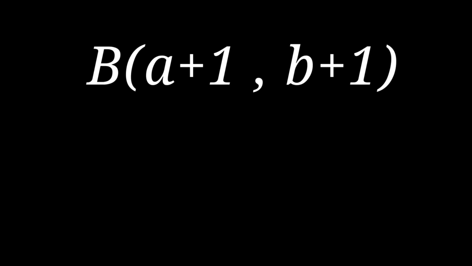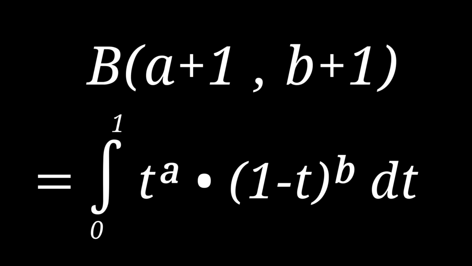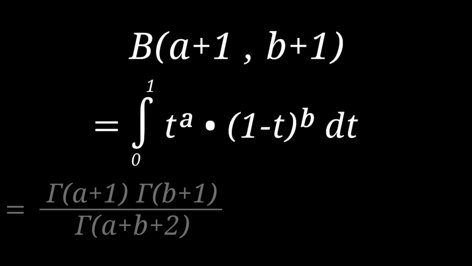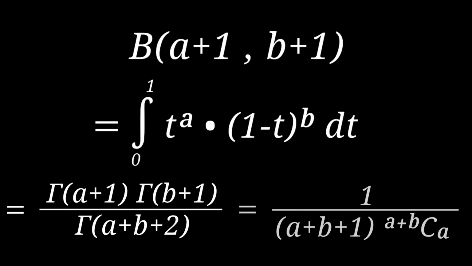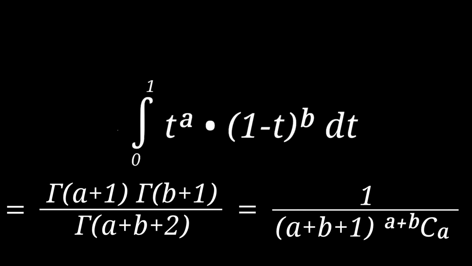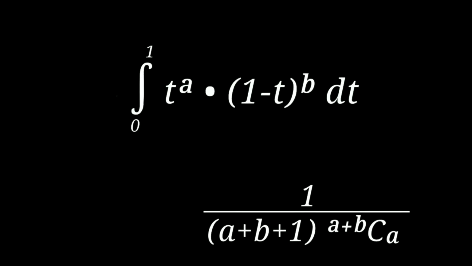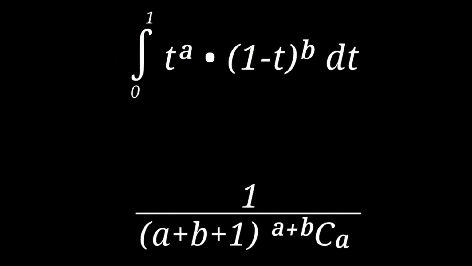The beta function is a non-elementary function which we defined for ourselves because we can't evaluate its integral representation. However, it does have a really cool relationship with the gamma function, and the gamma function, as you may know, is one of the generalizations of the factorial. So, if we restrict the input of the beta function to the positive integers, then we can actually evaluate it in terms of the binomial coefficients. And this binomial coefficient representation is what the focus of this video is.